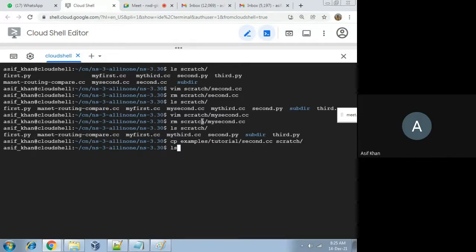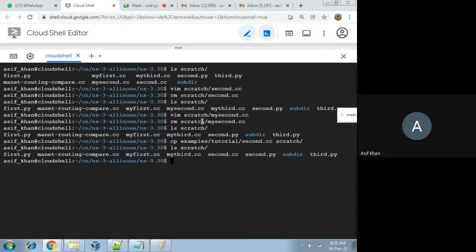I'll check here with ls in scratch. The second.cc program is copied. Now I'll rename it to my second.cc.